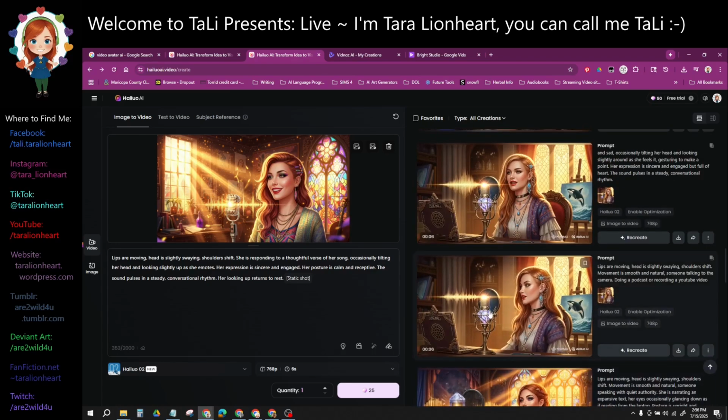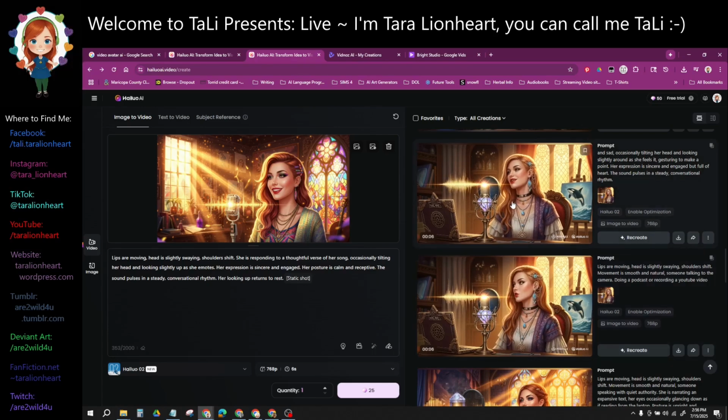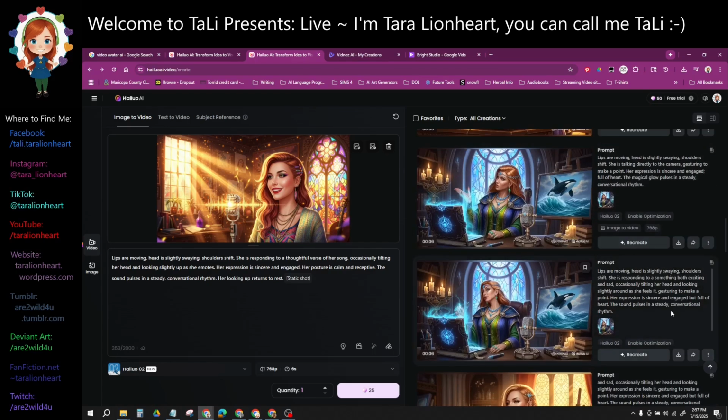Then this is probably one of my favorite avatars, so you'll probably see this one quite a lot here. But this program creates so much movement. Look at how much movement is in my strawberry blonde Tali's shoulders here. She is just actually expressing in this, and she is so far from static. You could almost see that character stand up from this chair.